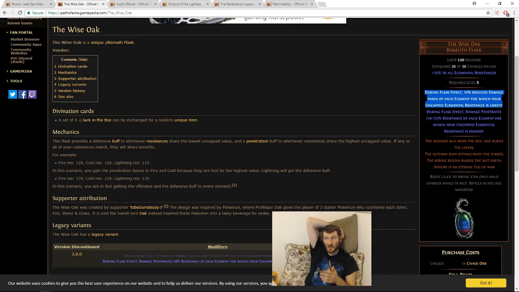Now remember, your resistances have to be capped still. So 75 lightning and 76 fire would still work. That's a little bit of a sketch. Now the most overpowered thing about this flask is if your resistances are all the same, nothing is high and nothing is low. They're both high and low. It gets tagged as both. So you take 10% reduced damage from all 3 elements and get 15% all pen. That is incredible, and if you could pull that off, that's just...